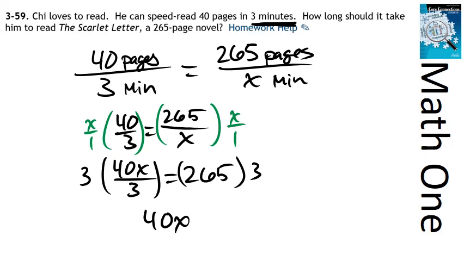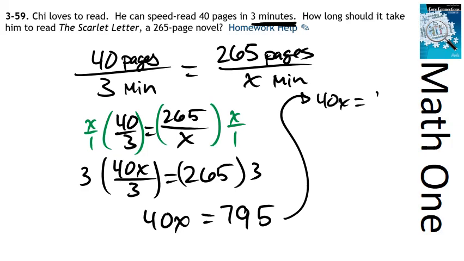And over the other side, when I multiply 265 times 3, I get the number 795. And yes, I use my calculator, and I'm not ashamed to admit it. Now what I'm going to do is divide both sides of that by 40. So let me rewrite it. 40x equals 795, and divide each side of this by the number 40. On the left-hand side, I have just x, and on the right-hand side, I have 795 over 40, which is,